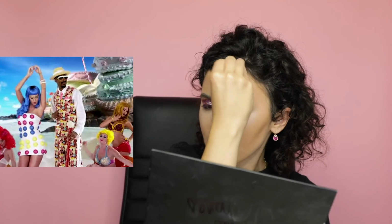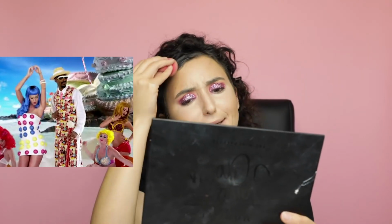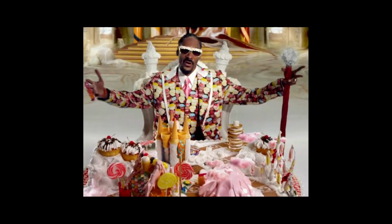The music video portrays Katy to be basically a piece in the Candyfornia game, which is a mixture of poker and Candyland and all of that. She's just a player in that, while Snoop plays a sugar daddy, who was a player in the game as well. Snoop, being the sugar daddy, holds captive all the women throughout the game, and it's Katy's job to basically free these women from the sugar daddy's captivity, which I thought was an interesting